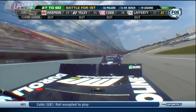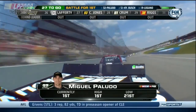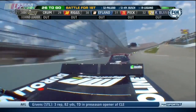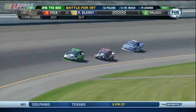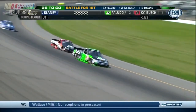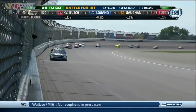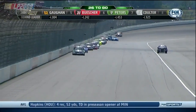And Kyle Busch goes on the bottom 1 corner. He goes to the high side on the next corner. Again, the air on the front end of these trucks so important. Kyle Busch, whenever Miguel Paludo chooses a line, chooses a different one. So now he's going a little bit lower. Miguel Paludo pinches it down once again. Kyle Busch stays behind him. We're 3/4 of the way through this race, and Miguel Paludo just ran his last lap faster than...